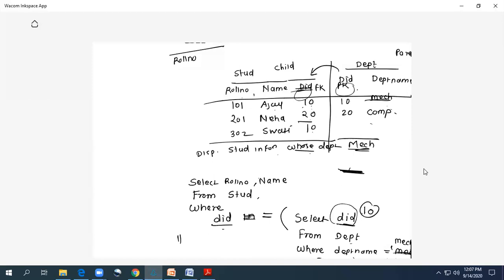So the result of this query will be roll number and name. First roll number will be 101, second roll number will be 302. So the names are Ajay and the second is Swati, for example. I hope you are clear with the nested query syntax. Thank you.